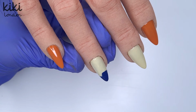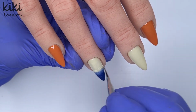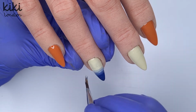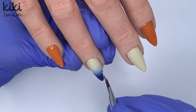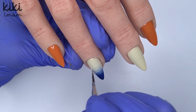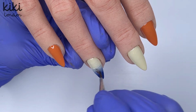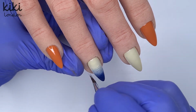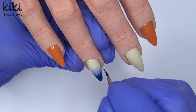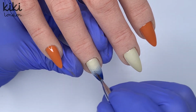And you do also want to be very careful that you're not contaminating your bottle brushes with the previous colour you used. So always check them before you pop them back in the bottle. And if you have picked up another colour, then just give your bottle brush a little wipe before popping it back into the bottle. Then I'm doing exactly the same again, taking my ombre brush, blending out the center line of the nail, getting rid of that harsh line between the 2 colors,